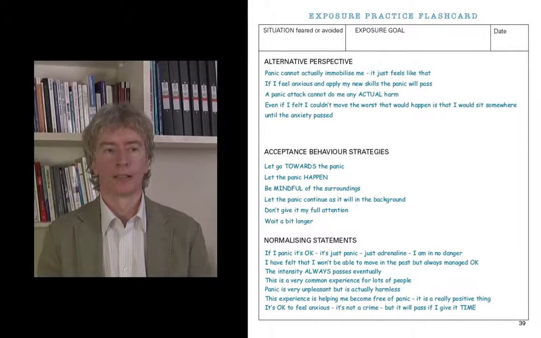You might also add, if I can't do it, that's okay as well. I'll just start again tomorrow. So whatever you feel suits you in the particular situation to help you go through the panic. Remember, these are not to help you avoid the panic, block it out. These are not safety behaviors. Alright, I know it seems like it could be, but you've got to get a certain amount of strategies that will help you go through the panic so that you can go through it without feeling overwhelmed. Alright, it's a fine line in the middle somewhere.